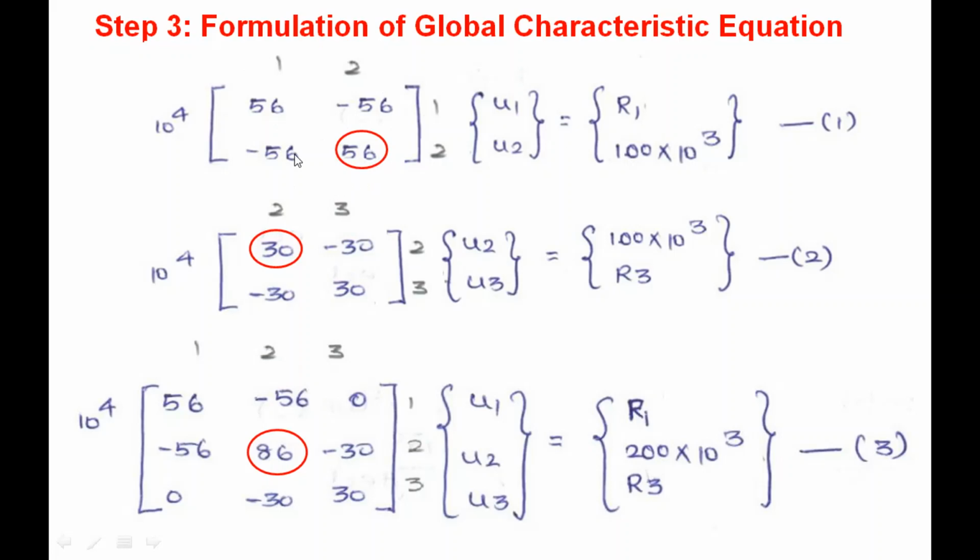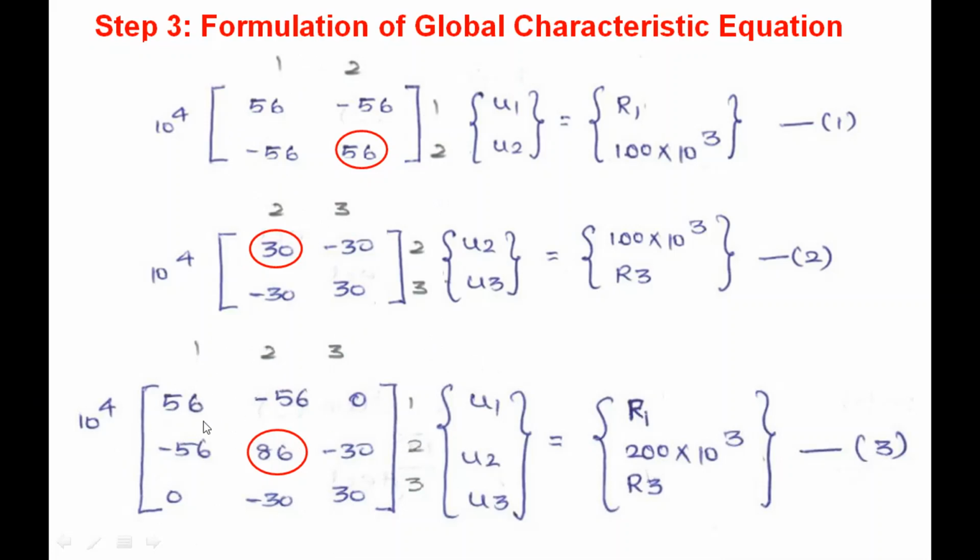Say for example, if you see equation 1, the size of the stiffness matrix is 2 by 2, because for one element the total degree of freedom is 2. So that is why we are getting the size of the matrix as 2 by 2. Similarly for this element also it is 2 by 2. But when you have an assembly of two elements, the total degree of freedom is 3. So you will get a 3 by 3 matrix as the global stiffness matrix. Now how to get this 3 by 3 matrix? For this the numbering system will be useful.